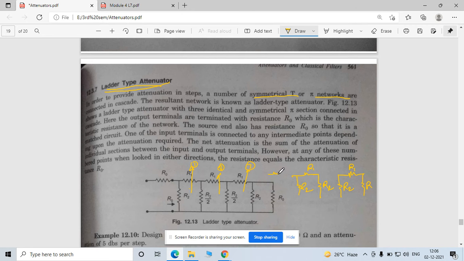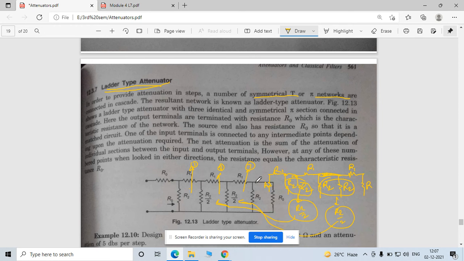The same way, this is your R2, and this is your R2, this is your R1. Now see, when you cascade this form, you are connecting this terminal to this terminal. So this R2 is connected in parallel, so the net resistance is R2 by 2. So that's why here R2 by 2. The same way, when you connect this terminal short circuited, your net resistance is R2 by 2. So that's why here you will observe R2 by 2, right? I hope this is understood. This is clear to you.